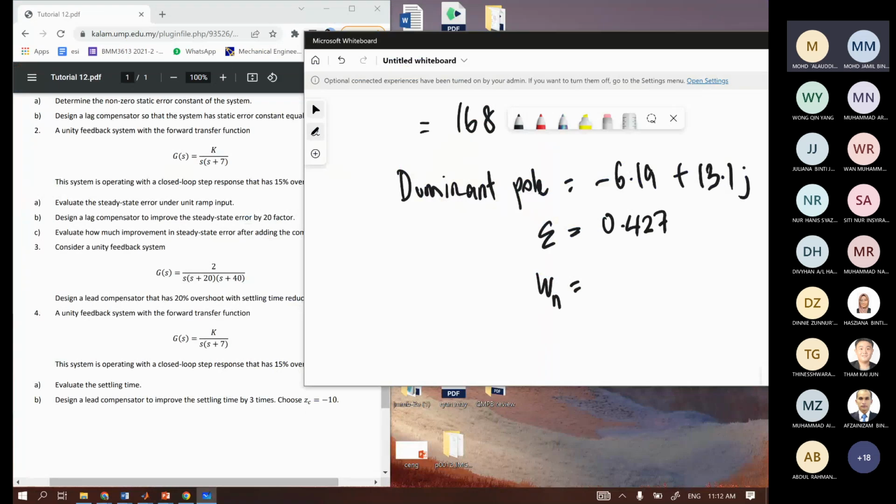So if you are given the dominant pole, you have to determine the damping ratio using the formula. Please provide calculation, but this one I don't calculate because I have MATLAB. But in exam, please calculate using the formula. And then to determine omega n, damping ratio times omega n equals this value here. So omega n will be